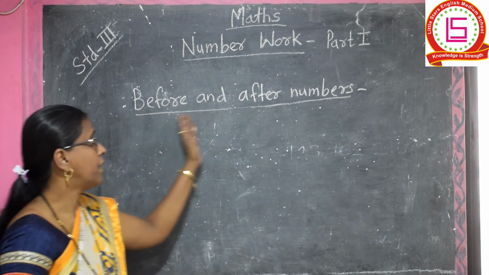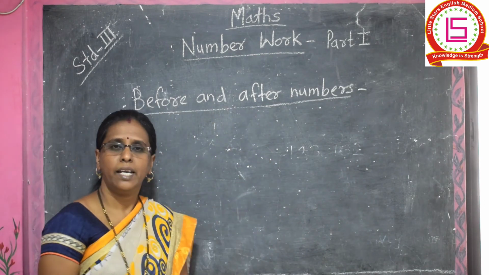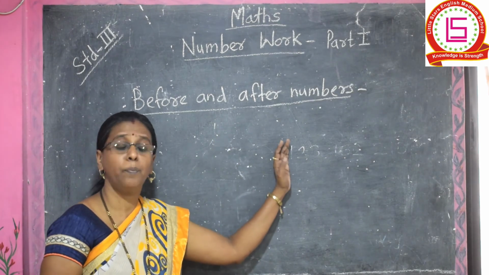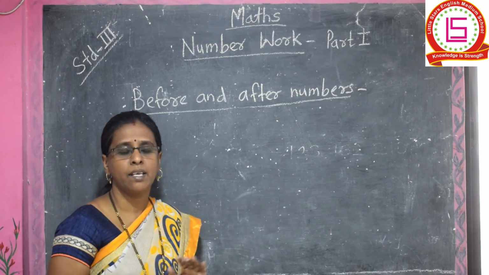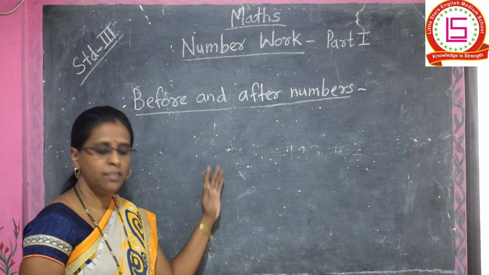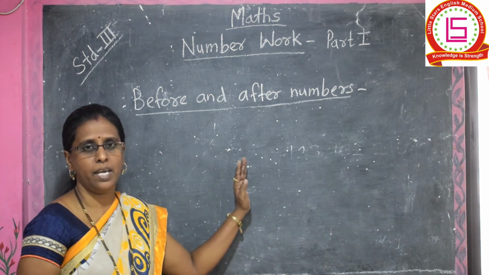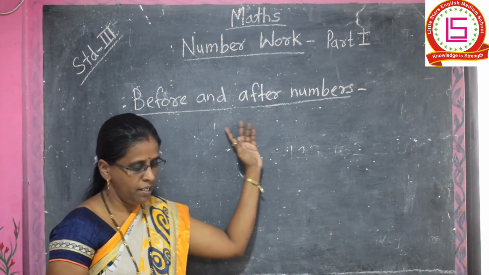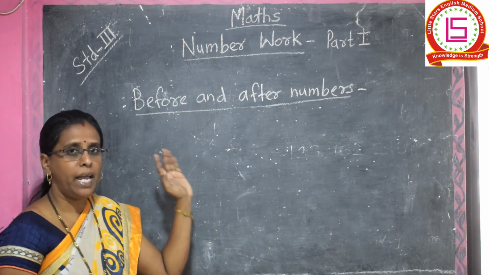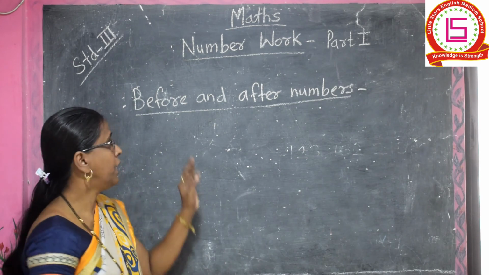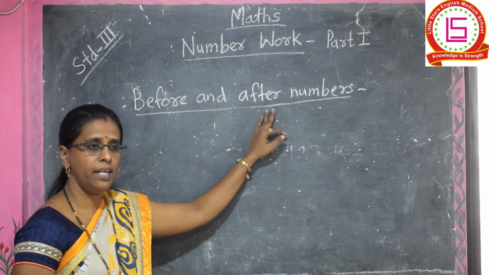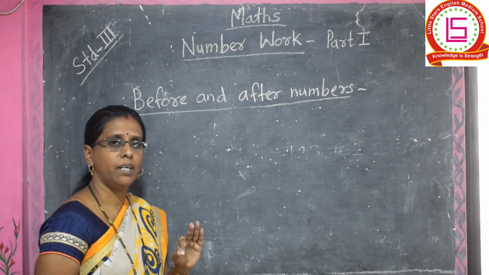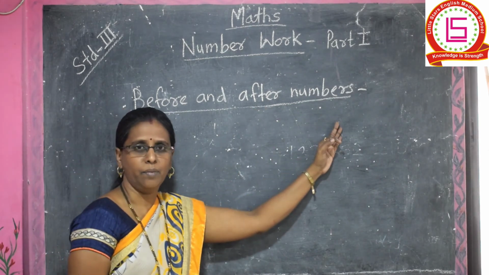Here you know the after and before numbers. Last year we also wrote before and after numbers up to 2-digit numbers, and now we write up to 3-digit numbers. Okay, 3-digit numbers, after number and before numbers. See, a number we get by adding 1, we get the after number. Okay, if we add 1 to any number, then we get the after number.